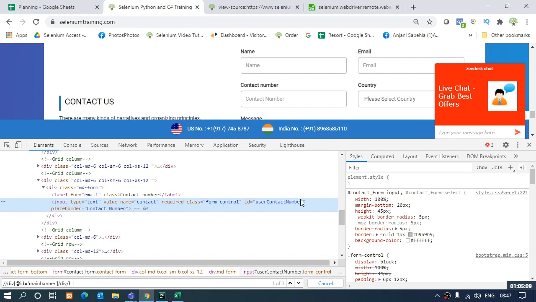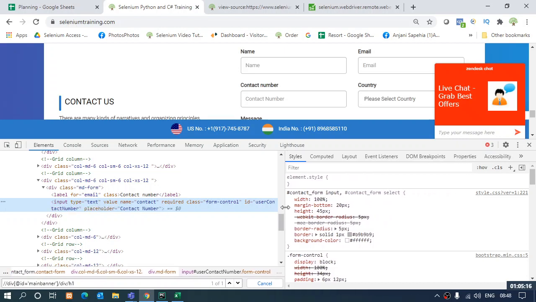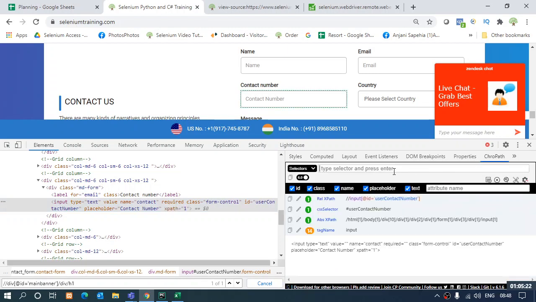In the same way, we have tools available to copy the XPath and get accurate XPaths as well, and that tool is ChroPath. In Chrome, that is ChroPath. This is actually an add-on on the browser. You can look for Chrome add-ons and you can add it simply, right?